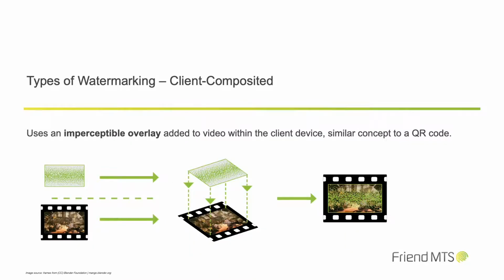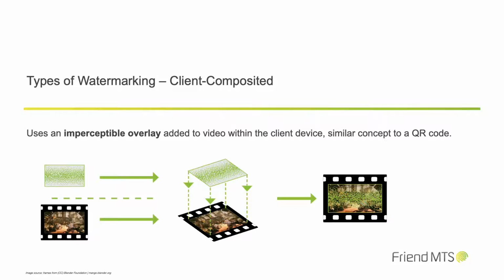Our second watermarking technology makes use of the client device, where the watermark is composited with the video. We describe this as client composited. That means your video encode remains the same, with the same resources required to deliver as usual, no extra storage in your delivery chain. But also, this watermark is always present. Unlike AB variant, which requires a much longer time period to uniquely identify a subscriber, client composited watermarking can be extracted from much shorter captures of suspected pirated material.